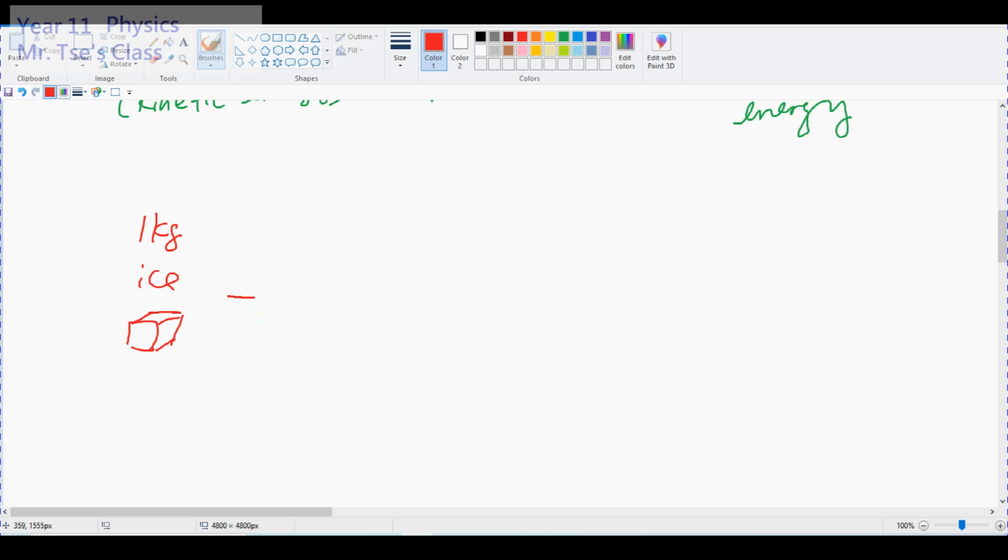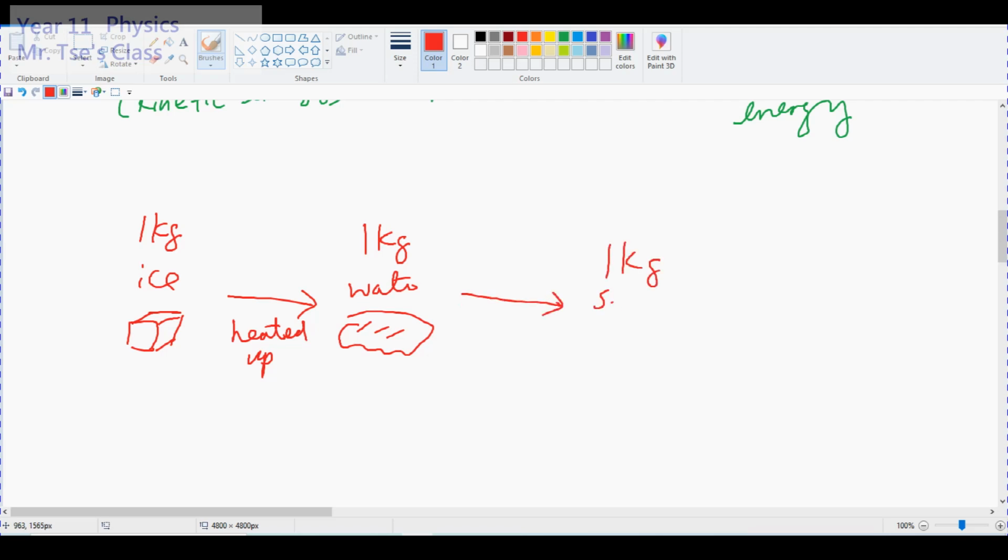And then from 1 kilogram of ice to 1 kilogram of water, what do we need to do? You need to heat up. All right? So that means you need to supply energy to get from 1 kilogram of ice to 1 kilogram of water. Okay, and then you will have 1 kilogram of steam